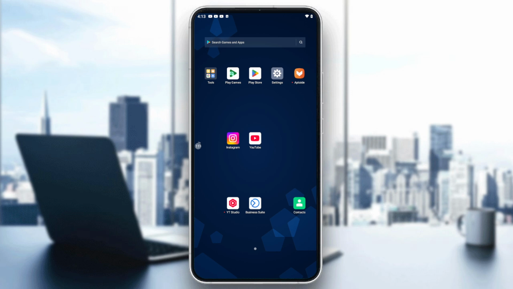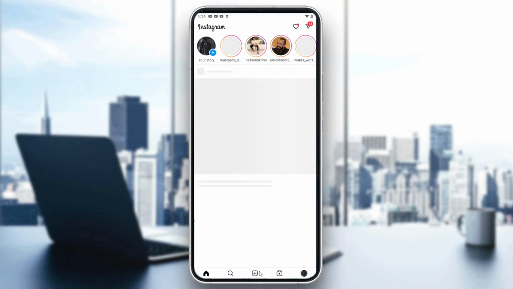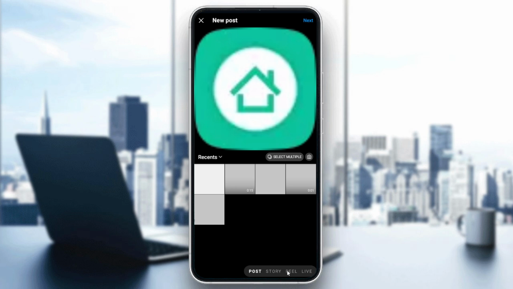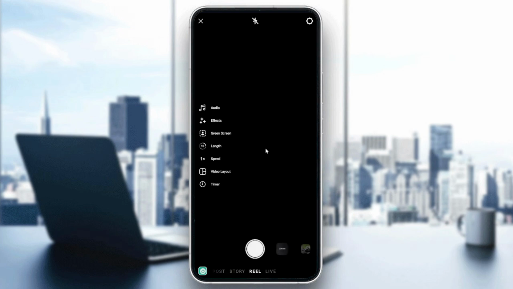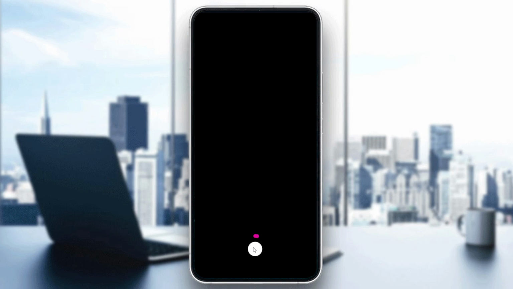So basically, to remove the Instagram watermark, you will need just to have the latest version of Instagram. And basically, in the newest version of Instagram, it doesn't add any watermark to it when you start publishing Reels directly from Instagram Reels. So if we go here, we can start just recording anything, and I'm just going